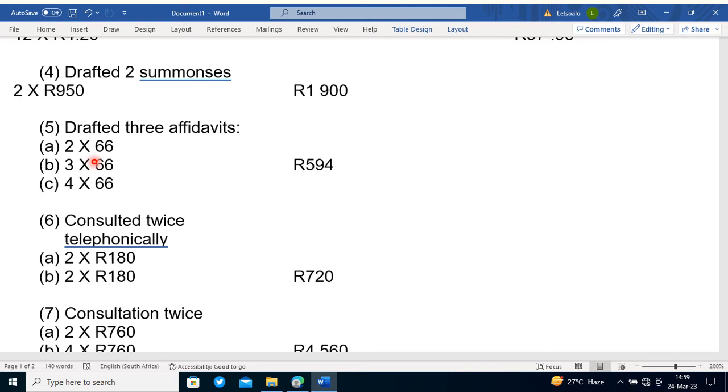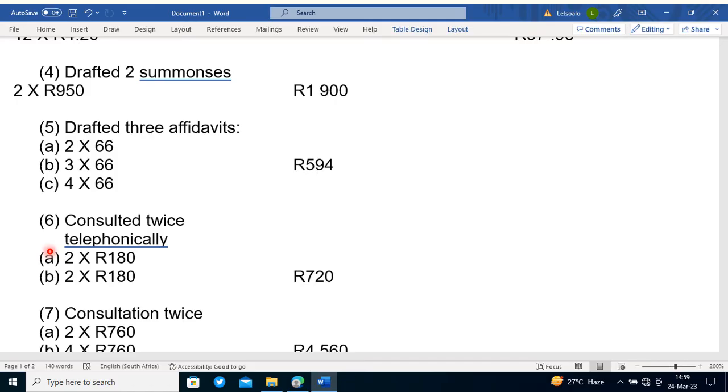which is 3. And then the third one, they said 3.5. So any part, guys, is a full page, so it's going to be 4. So all those things you can say is equals to, and then after that, add those answers and they're going to give you 594. So we go to number 6, consulted twice